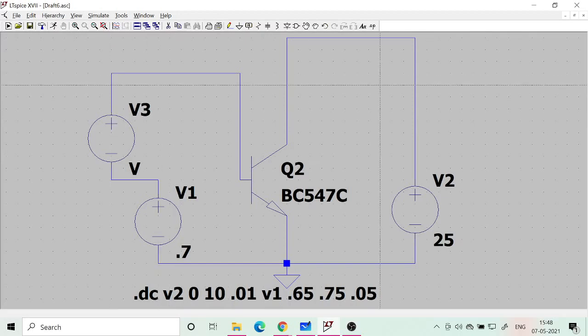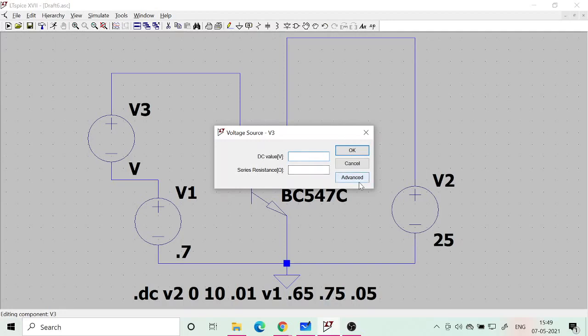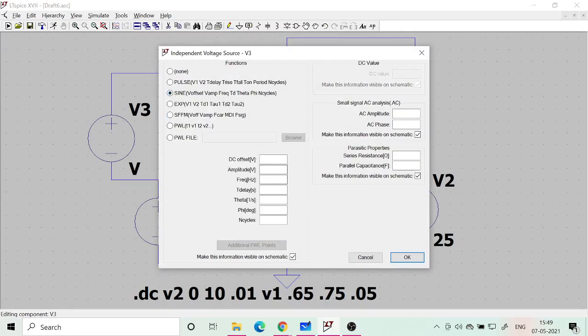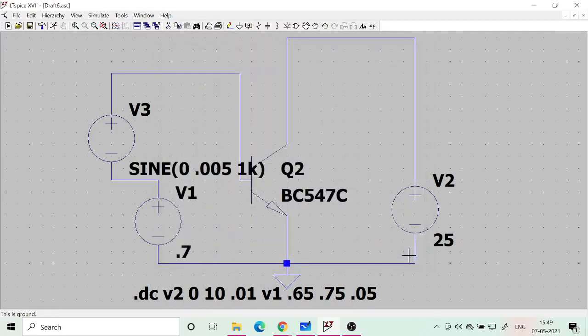Okay, so right now I have not put any resistance because I just want to find out beta. Beta is basically the current gain. So I apply a small sine wave, amplitude 0.005, very small amplitude I am applying. So that is like 5 millivolt, and let me put 1 kilohertz. So this is the input I am putting.